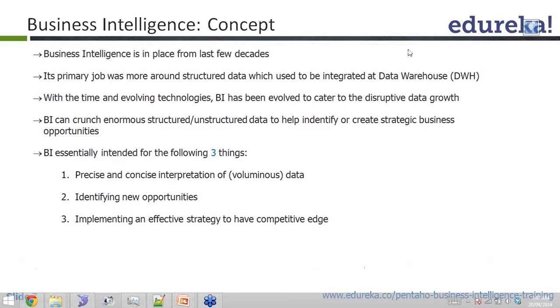That's a different thing, that there were no formal processes laid down. So formally, this BI space has existed for the last few decades, when great scientists coined the concept of